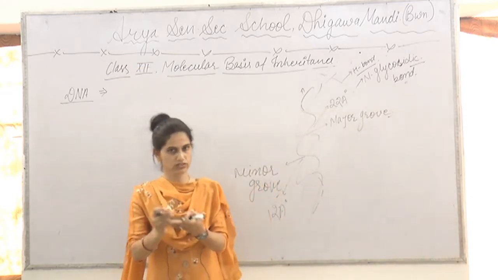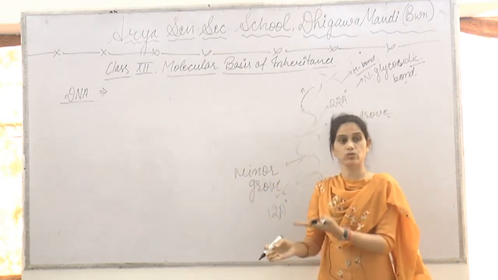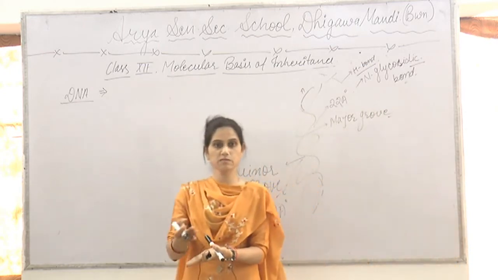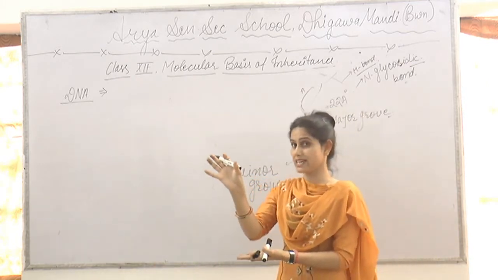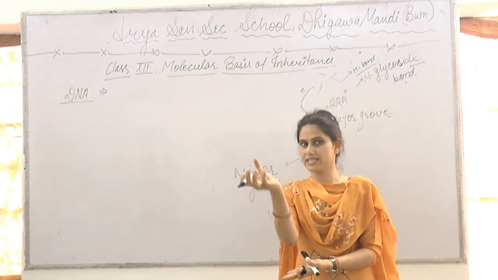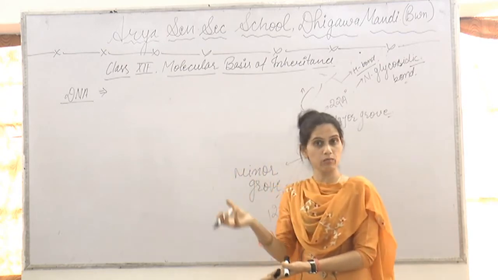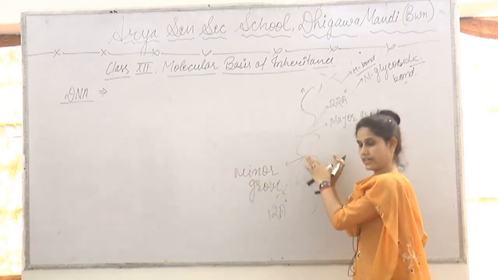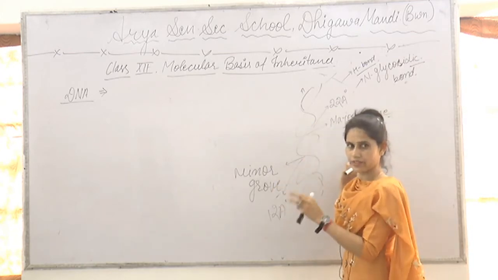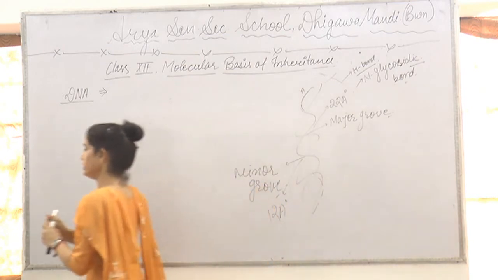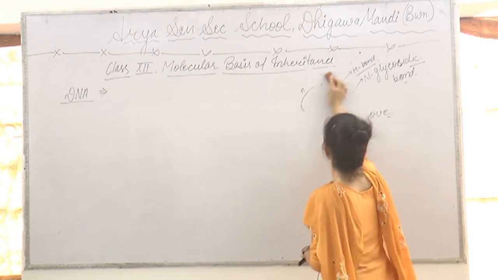DNA is a nucleic acid, so it consists of three parts: nitrogenous base, pentose sugar, and phosphate group. Pentose sugar and phosphate group are present at the side of the DNA. That's why they form the backbone of DNA. And nitrogenous bases are present at the central part of the DNA. Okay, I just hope you got it. And next we will discuss Chargaff's rule.